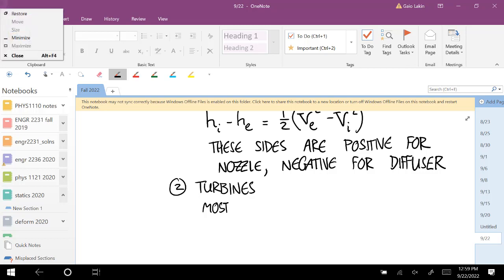But nothing has perfect resistance to heat transfer, and nothing's perfectly steady state. But in its most simplified form,